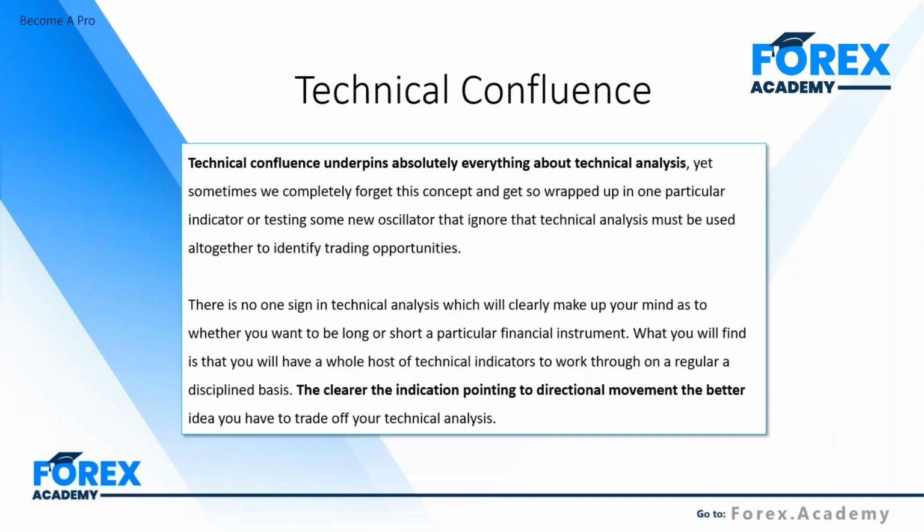So this will be one of the main constructs of today's lesson. Technical confluence underpins absolutely everything about technical analysis, guys. Why? Because we use technical indicators to supplement our trading decisions, to give us technical clues of future price movement. Yet sometimes we completely forget this concept and get so wrapped up in looking at one particular indicator or testing some new oscillator perhaps, that we ignore that technical analysis must be used all together to identify trading opportunities. Okay, so confluence simply means using various forms of your identification together to confluently paint a picture